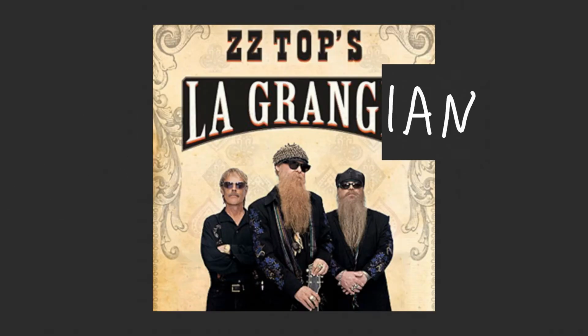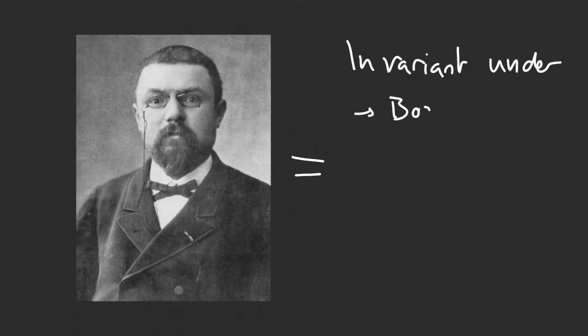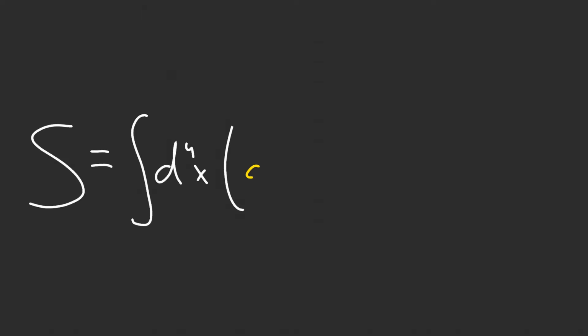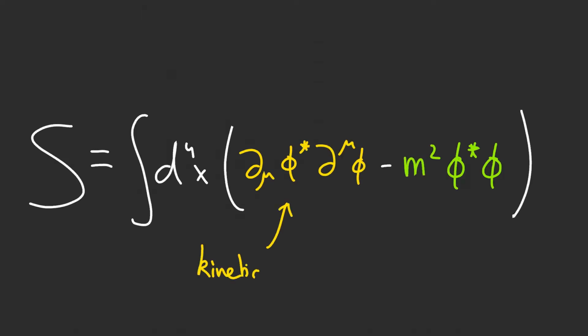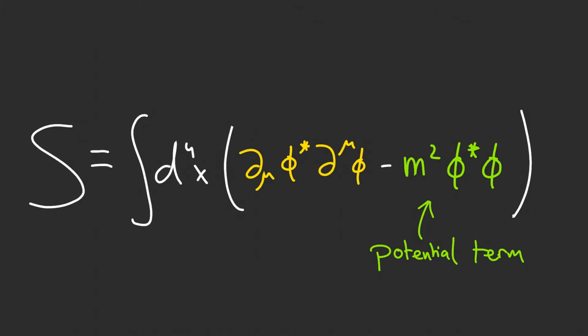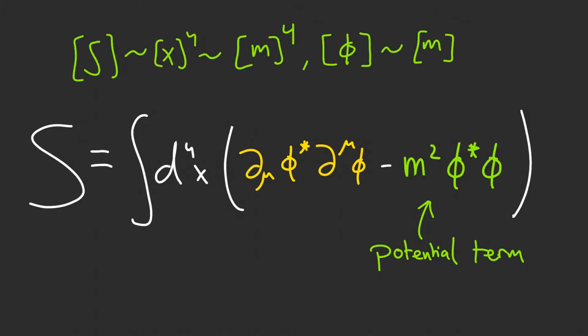Now we can use Lagrangian mechanics and build the action, and let's put in it only Poincare invariant terms so we have a relativistic theory, and that's always handy. So the kinetic term of the Lagrangian should be made of derivative of the field, and with two of them we have a Poincare invariant term. For the potential term, the field and its conjugate just make the job, and with the mass squared as a factor, it has the right dimension.